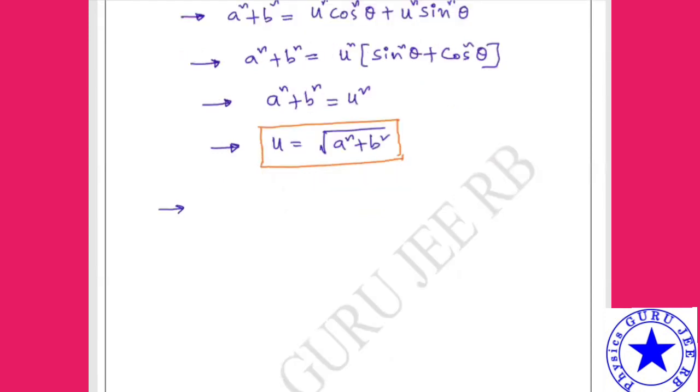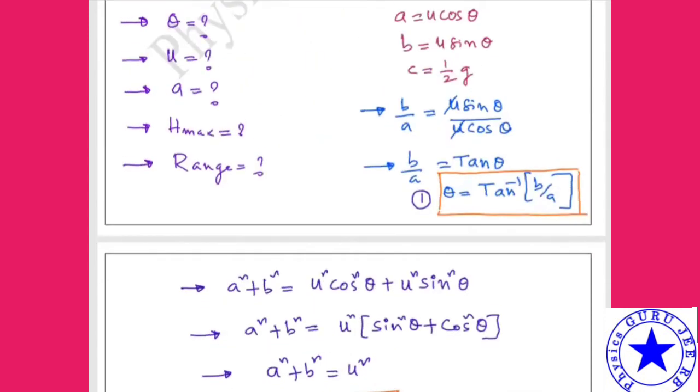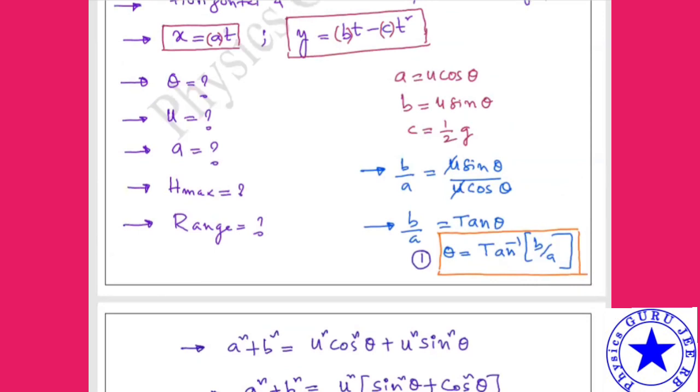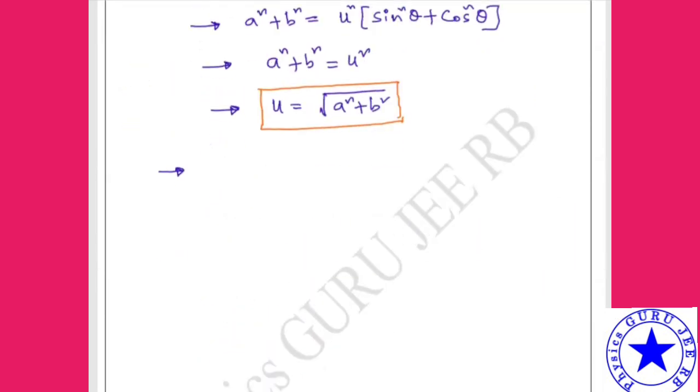Let us see here. So acceleration of projectile, when you compare, c is equals to 1 by 2 into g, am I right? c is equals to 1 by 2 into g, or g is equals to 2c. So this is nothing but acceleration of the projectile. So what will be the answer? 2c will be the answer. Hope this is clear, right?